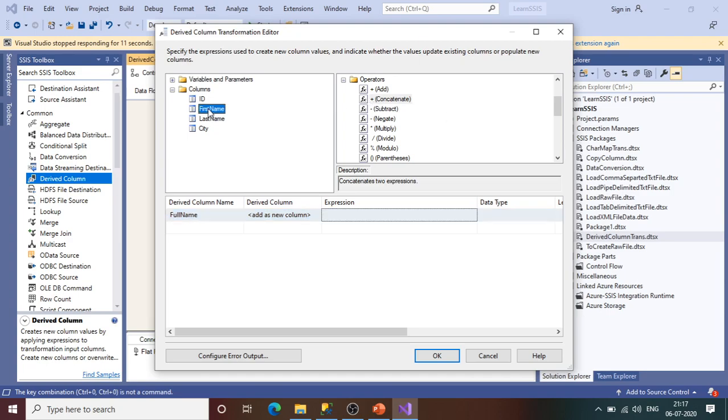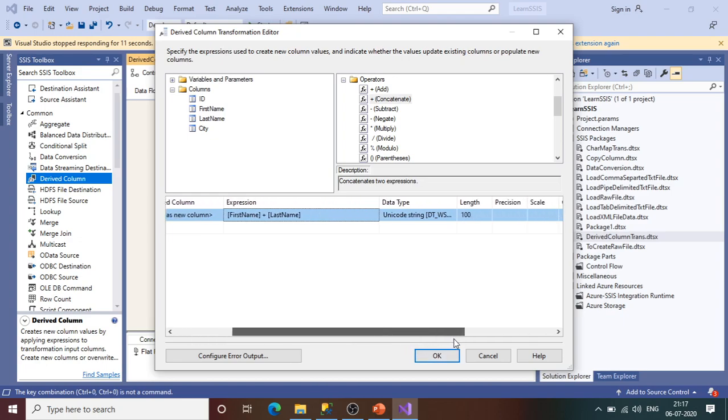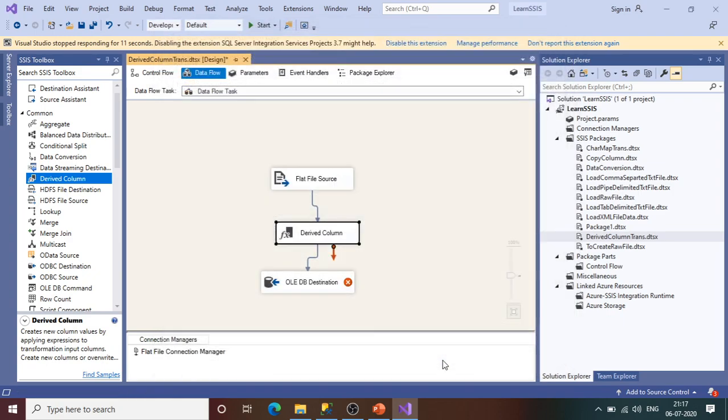So now what do you have to do? Simply nothing, just drag it here. Instead of writing the columns, you can simply drag the first name column, then drag this concatenate operator, then drag the last name. This is the simplest derived column transformation example which I am giving to you, so that the concept would be clear. Now click on OK, and here is the data type. Don't forget to give the data type as well. It is Unicode here, and the length would be 100. Click on OK. So we have added one more column.